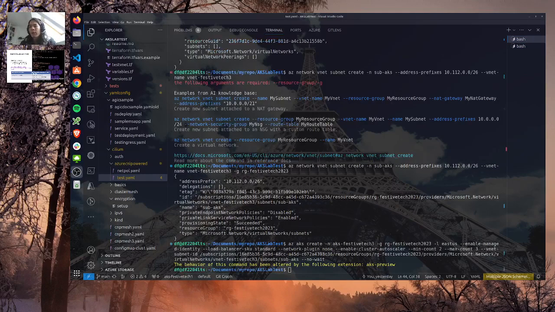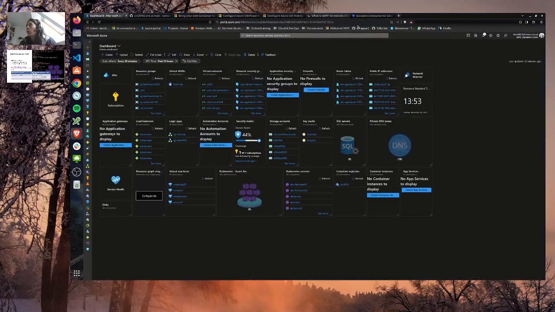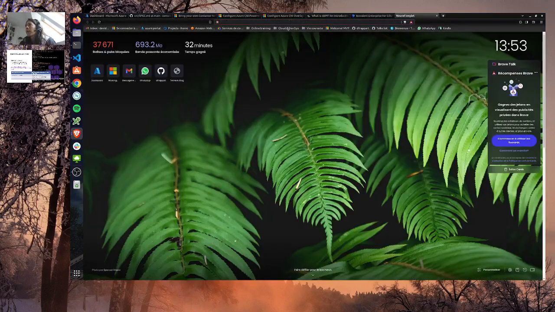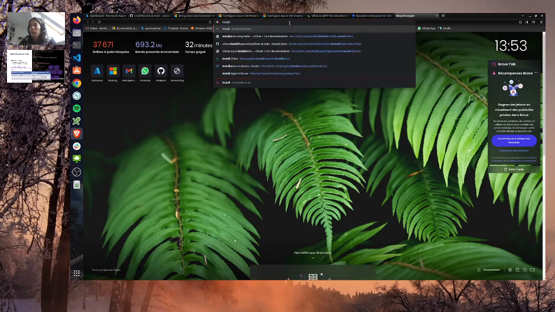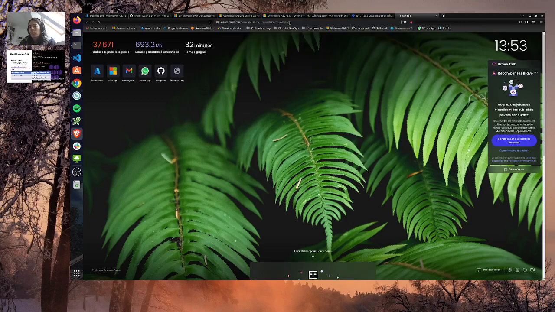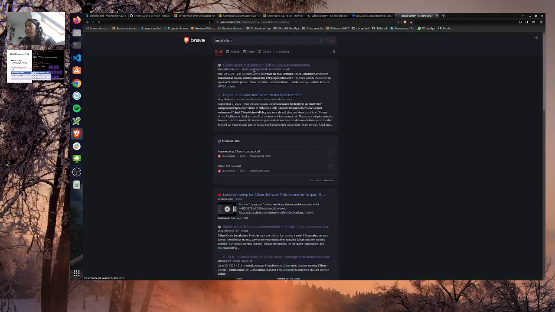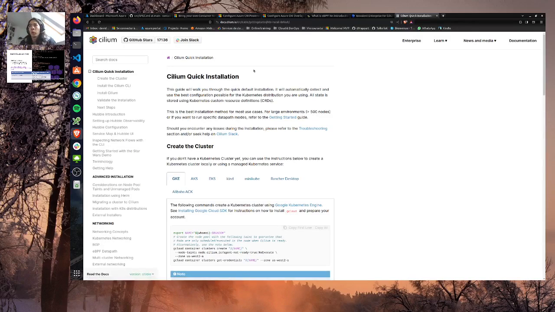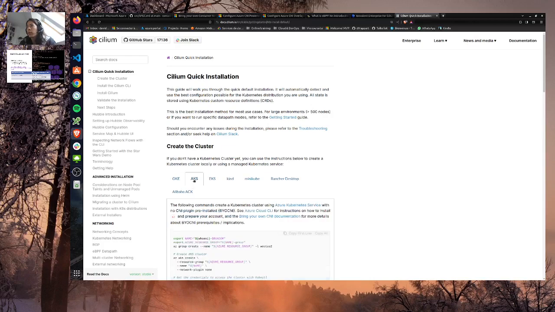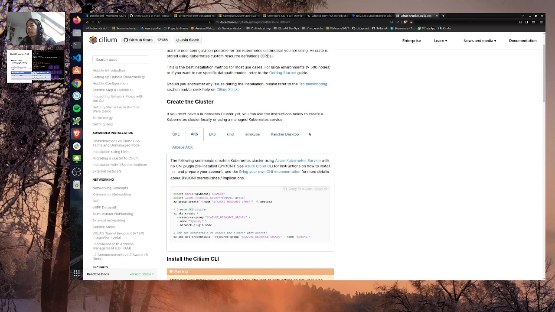So once we have deployed our cluster, we have some additional steps to do, such as installing the CNI. So we can have a look at the documentation for that. This is quite well documented, and it explains what we should do. So I will just type that, install Cilium. So we get redirected to the documentation on the Cilium docs.cilium.io.